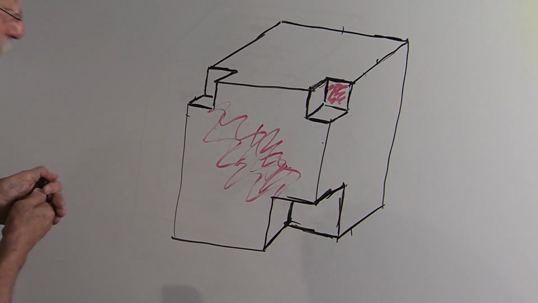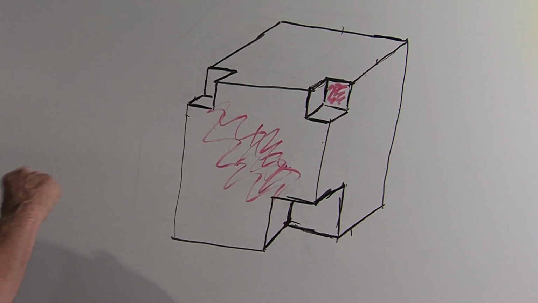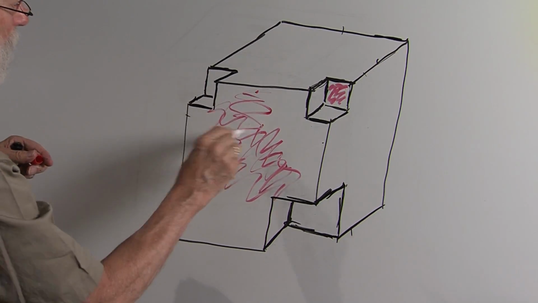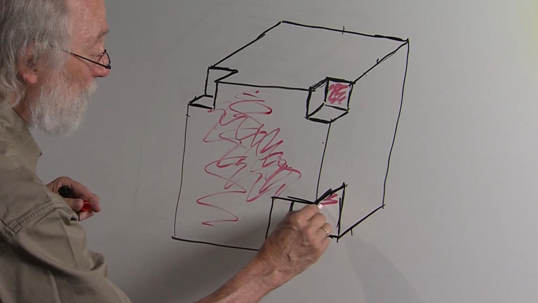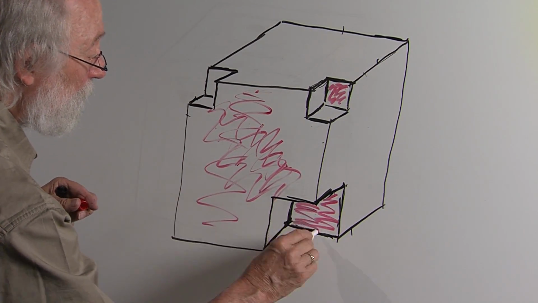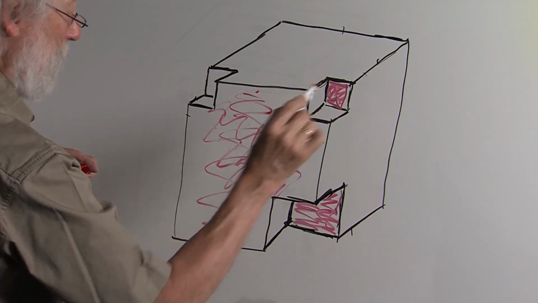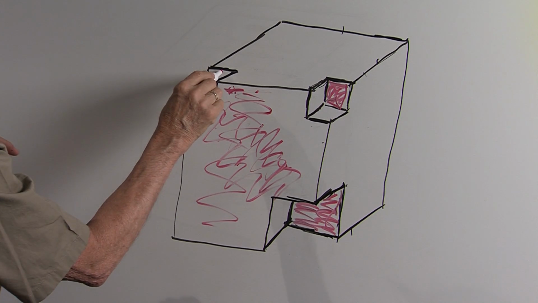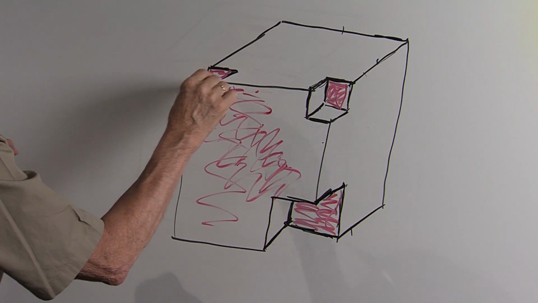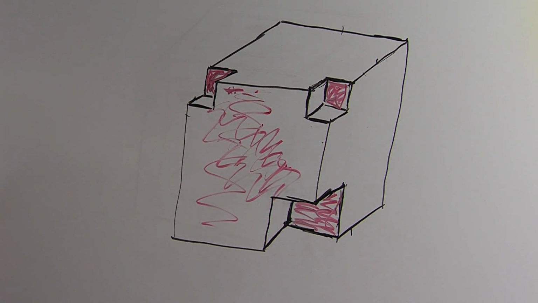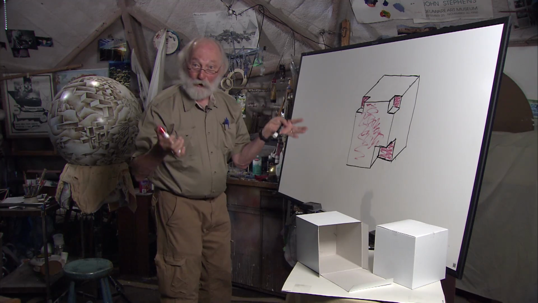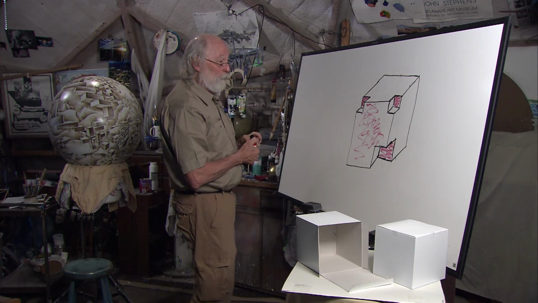So if we get our colors out again, let's just color this in a little bit more here. If this were all colored red, this would be a red plane also. Okay, just like that one is. So we have those, and this would be a red plane also back here. So sometimes when you do this, to color it in, just to keep your head straight on it, really helps.